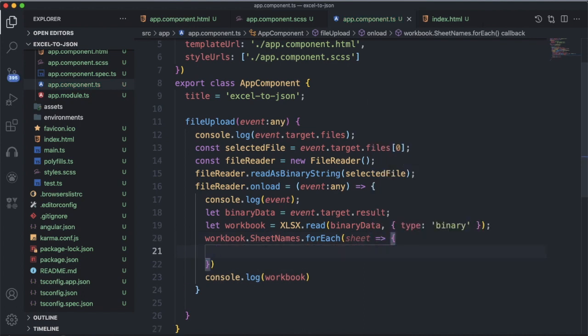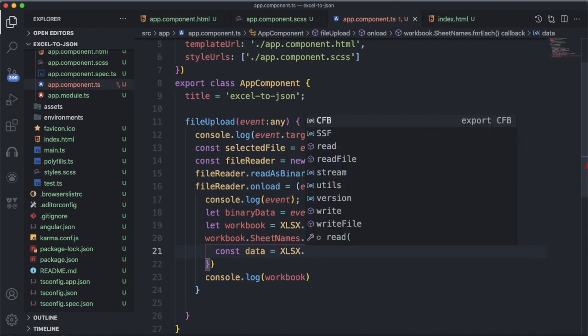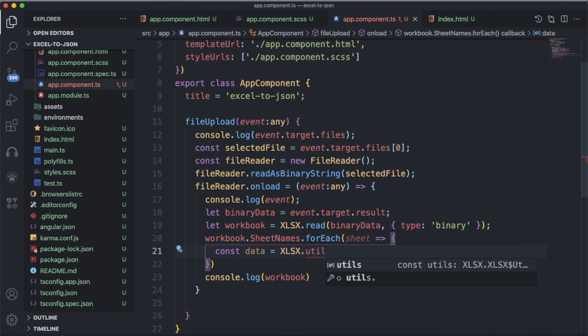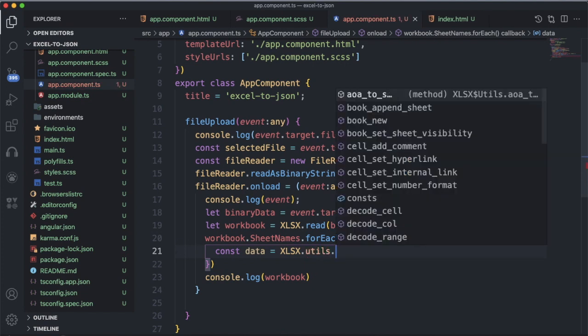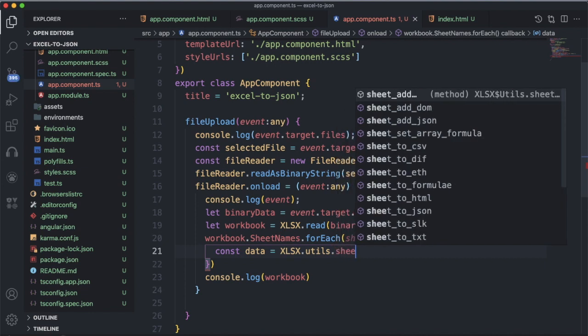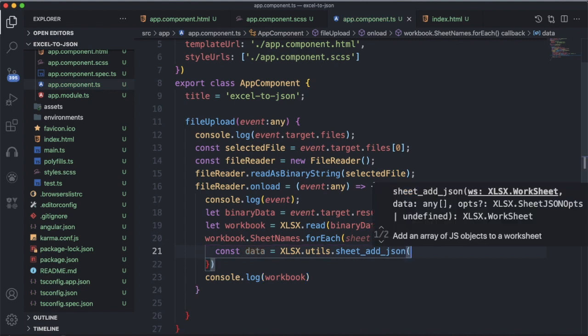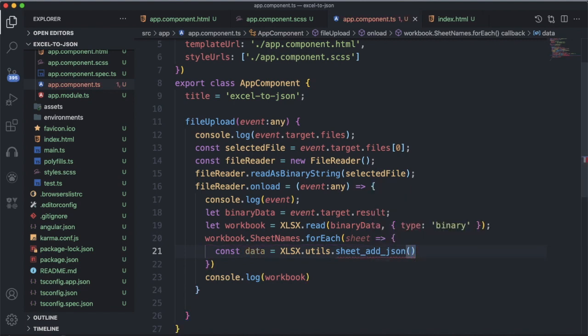Here I am creating the data: const data equal to XLSX.utils, which has a method to convert a sheet to JSON. You can see suggestions here. What you need to pass here is the sheet, workbook.Sheets.